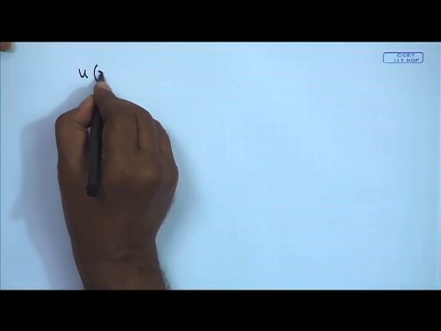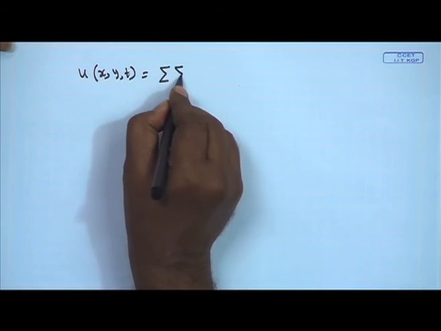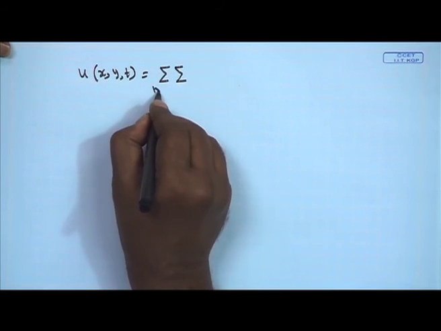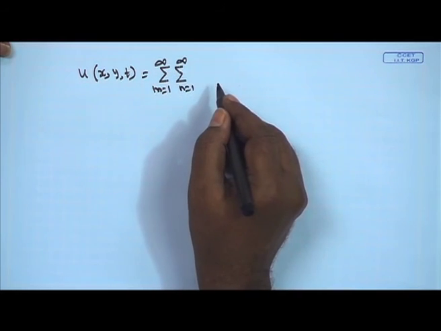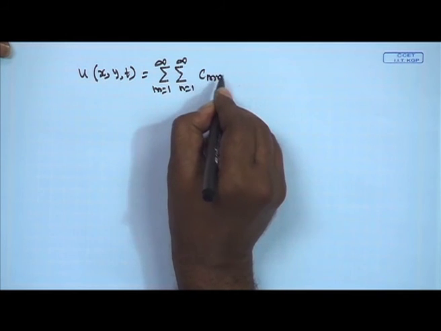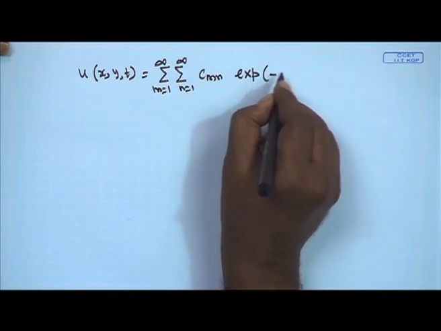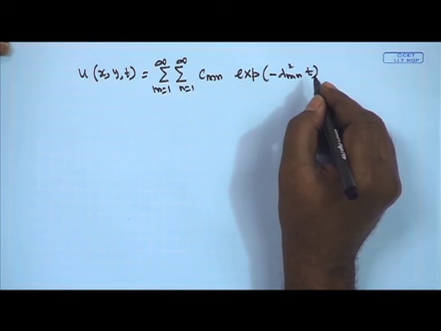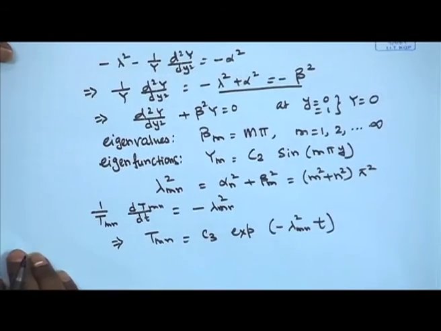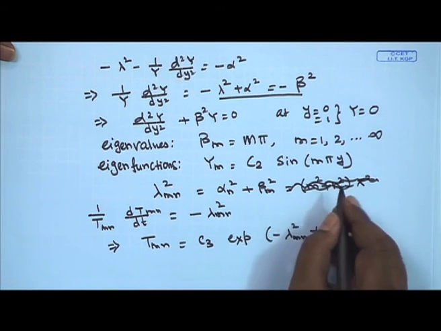Now, if you really look into that, then u as a function of x, y, t now becomes a double summation, m from 1 to infinity, another over n from 1 to infinity, of C1, C2, C3, the 3 constants. They will be multiplied, giving rise to a new constant C_mn, times exponential minus lambda_mn square times t. Okay. So, here alpha_n is 2n minus 1 pi by